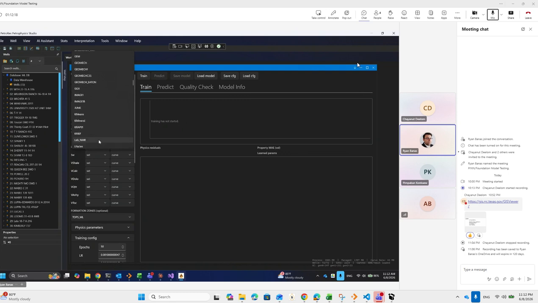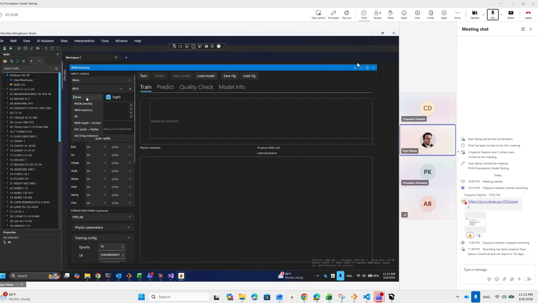This is sort of cumbersome until you set the filtering up, but you add DTC, put gamma ray in there, neutron, PE, bulk or